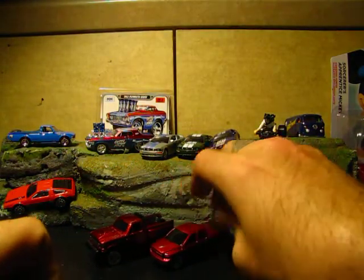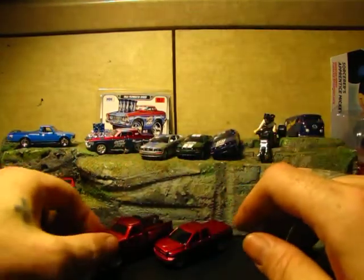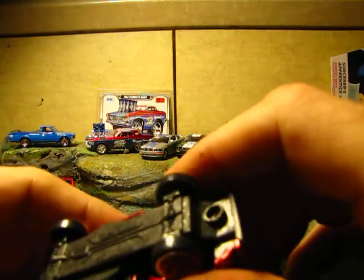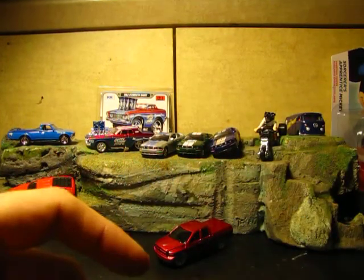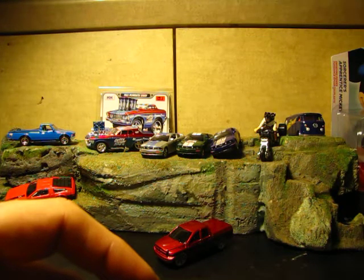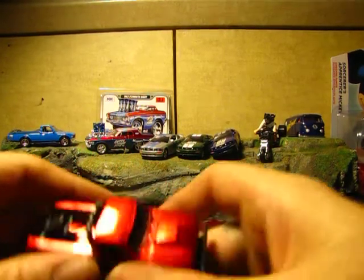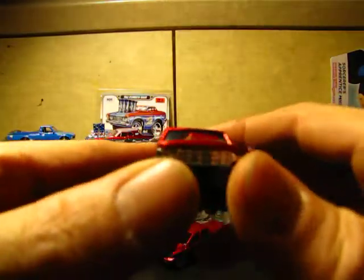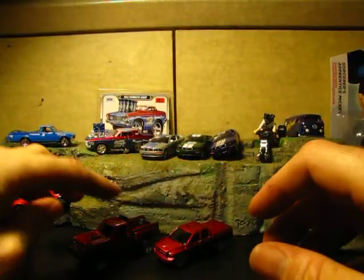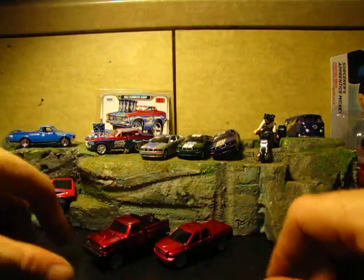So I really do wonder if this is a weird wish. I don't know. Let's take a little look. Oh, it just says Maisto. Wait. Maisto.com. I don't know. But if anybody knows what kind of truck this is, yeah, I think I know, but I'm not positive. I don't want to assume. But if anyone knows what truck that is, with the nice suspension, spring loaders, whatever you want to call them,